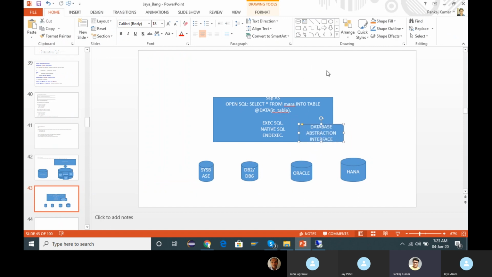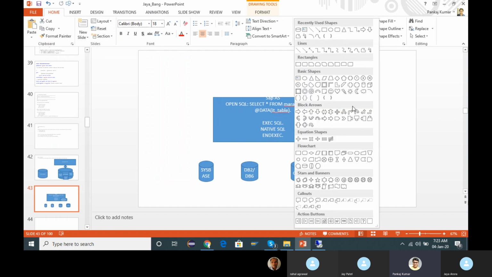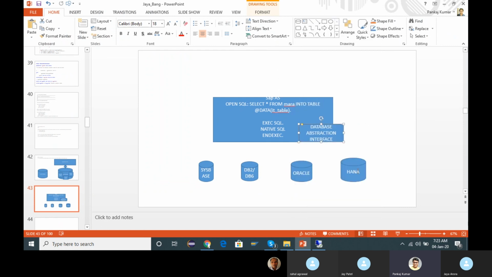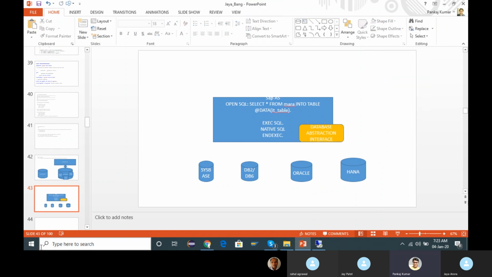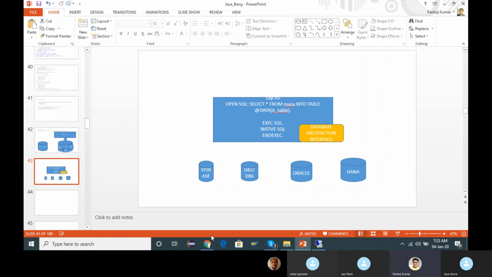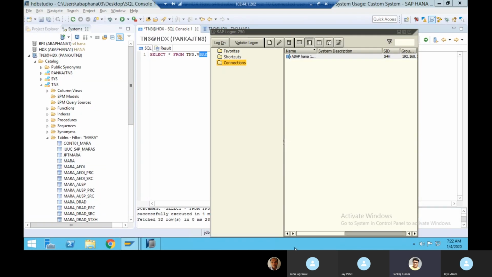It's a very powerful feature of the SAP application server. That's why SAP is so popular, that you can plug and play with any database. This is the beauty of the SAP database abstraction interface. Fine, let's go ahead.